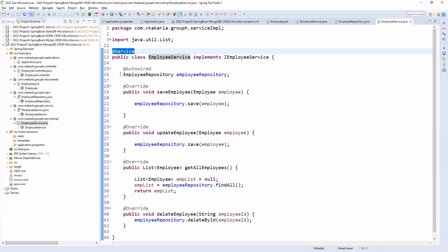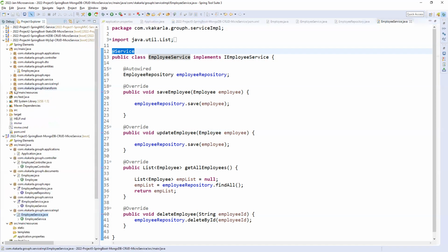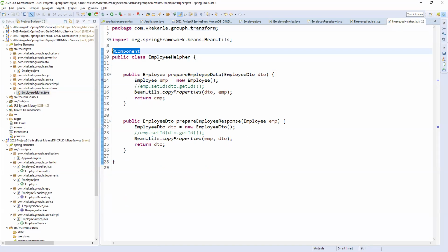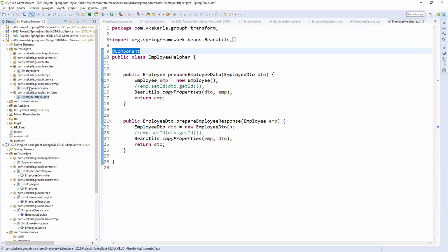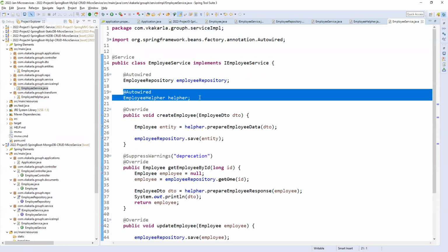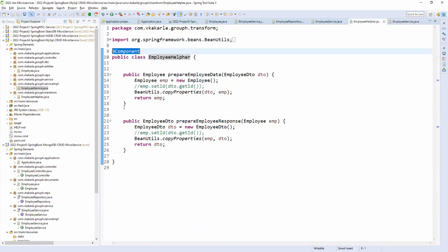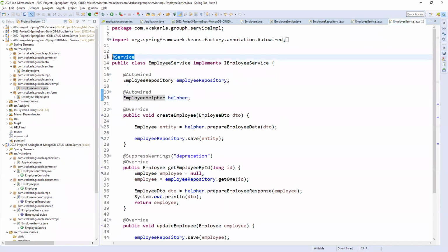Wherever a component is required, it is for utility classes or helper classes, like the previous class we used. If you see here, TransformEmployeeHelper is a component. Wherever it is required, we can autowire it. In ServiceImpl, we autowire the employee helper, which means if it is a Spring component, then only we can autowire it and use these helper methods. Otherwise, you need to create an object. So we should use components for helper or utility classes, and wherever it is a service, we need to use @Service. That is the recommended way, the guideline for defining annotations on our classes.